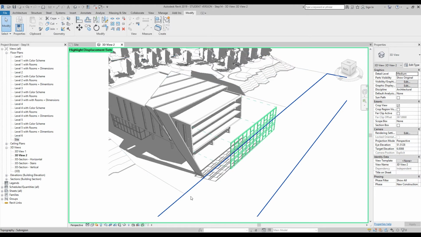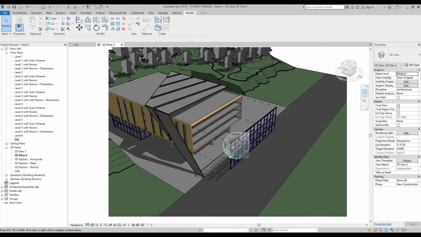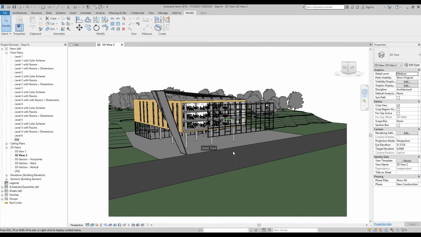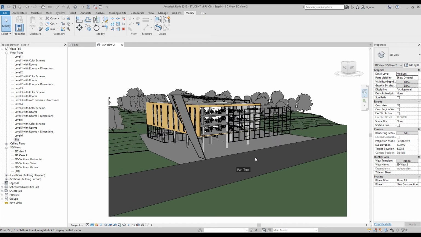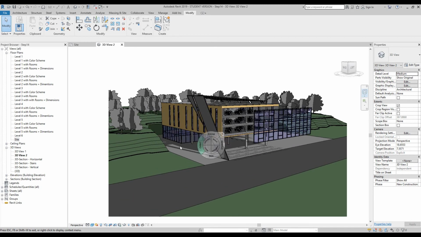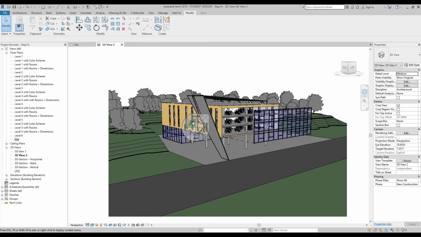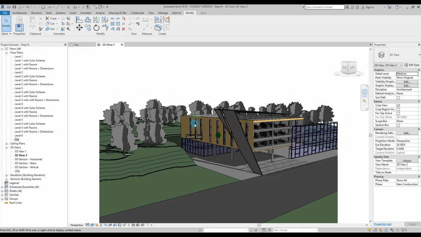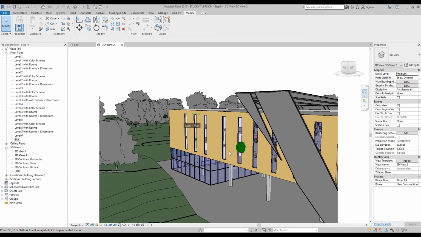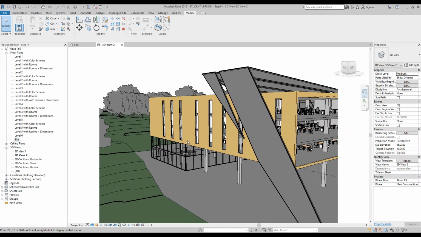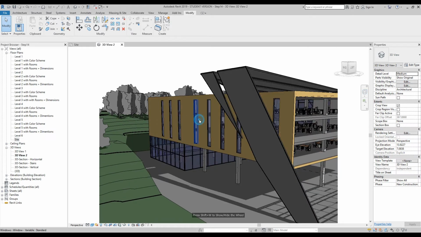Okay, so to exit this, simply go back to your graphic options bar and deselect it, and everything will go back to normal. Okay, if I zoom in just slightly into this timber wall, and if I press realistic in the graphic options bar,